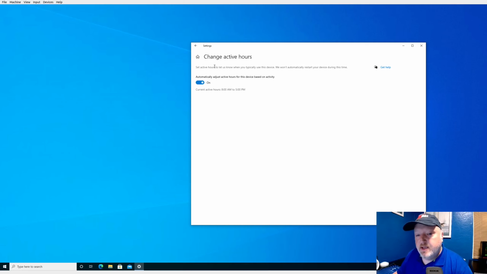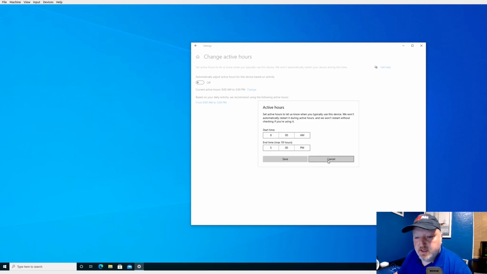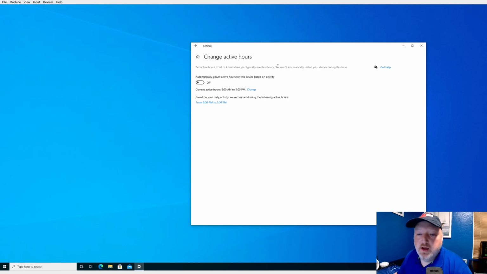So it says right up here, basically, I thought you could set the time. I have to go back and check where you set the time, but oh, there we go. Change active hours. So what it does is basically it won't automatically restart your computer. So if there's updates and your settings are set to automatically restart the computer when the update's downloaded and installed,